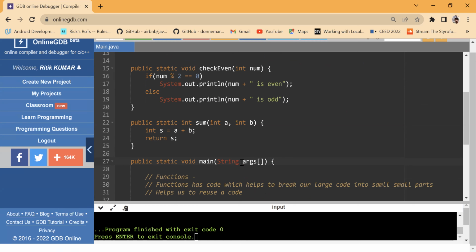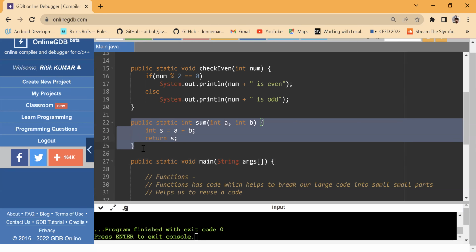Easy, right? So every day we learn new concepts, and I feel that everyone is able to understand. I also feel that the concepts are easy. What happens if we write the function below? Let me just show you. If we write the function below,